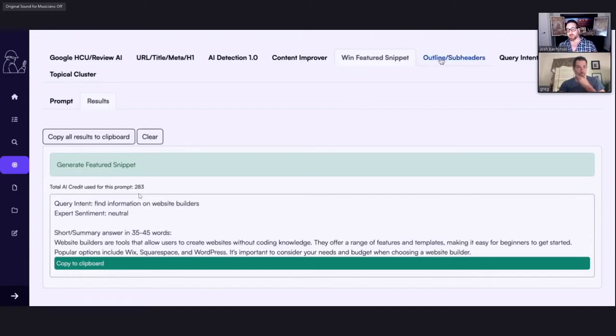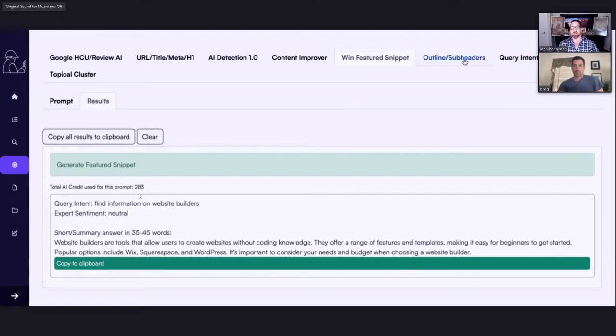Look at this. Website builders are tools that allow users to create websites without coding knowledge. Boom. There you go. There's the answer. If I typed in website builders because I didn't know what it was, that tells me what it is right there. That answers the question. You would not believe how many people do not properly answer the question in their featured snippet because they don't know what the answer is or what everyone else is saying the answer is. It doesn't matter if you think you know what the answer is. The question is, what do Google's AIs think the answer is? And that's what we're analyzing here for you.